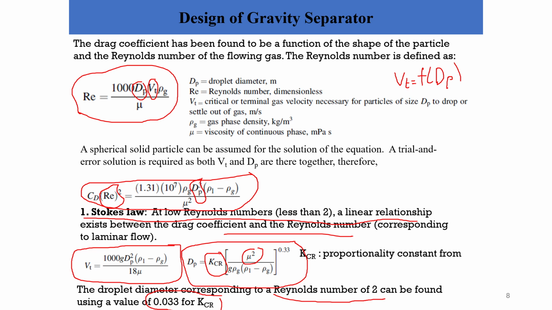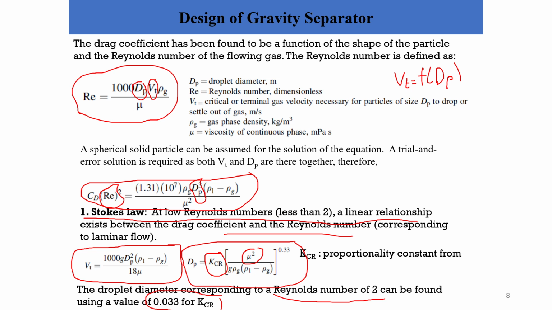And dB, I can find simply if I know the physical properties of the system, the viscosity and the density of the gas and the liquid. And I know something called KCR, which is a proportionality constant, which can be estimated to be 0.033 for Reynolds number less than 2. So I can find dB, and if I find dB, I can find Vt. If I find Vt, then I can find the Reynolds number and assure that it is less than 2. And then I can bring all these values into this equation that I'm going to put now in green